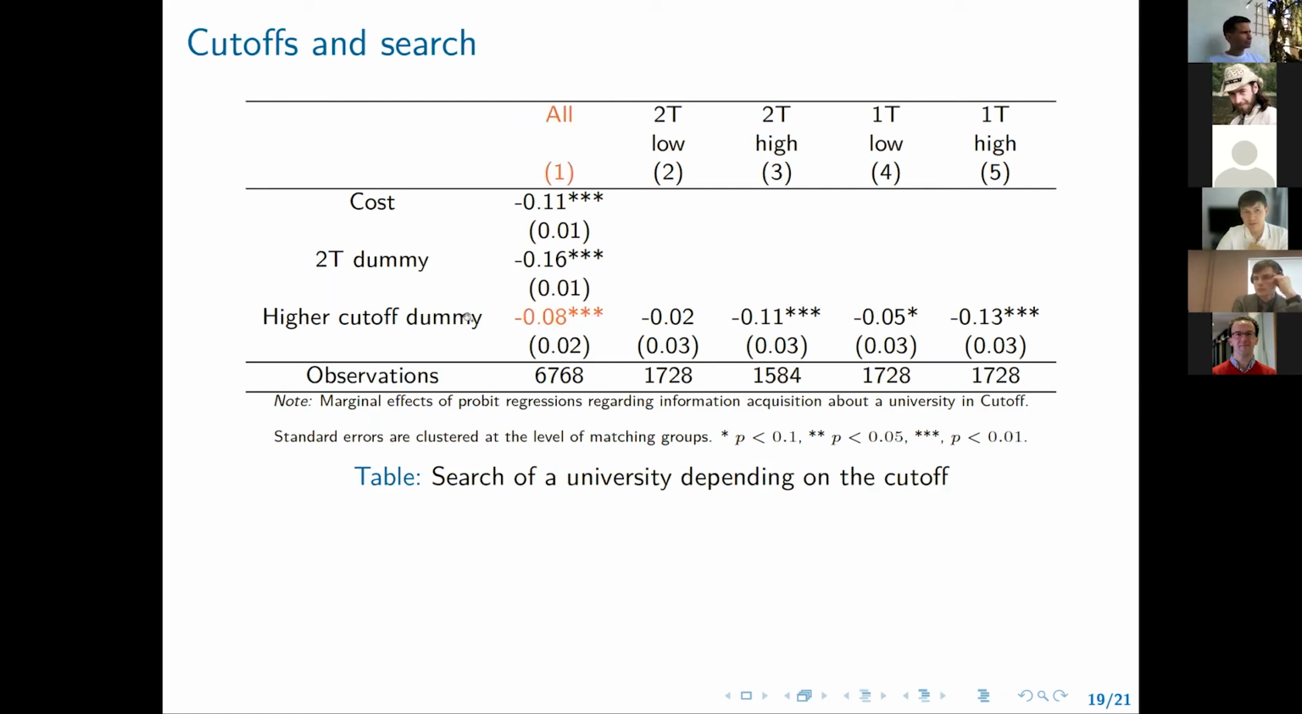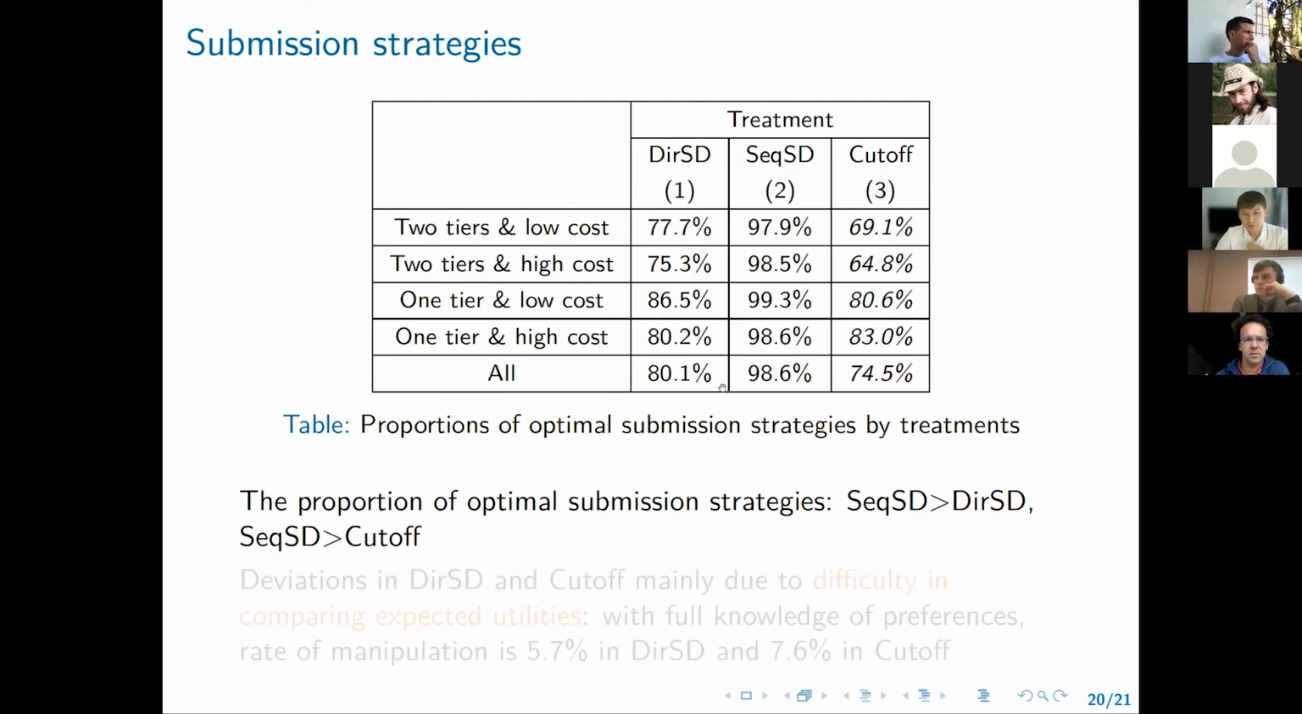And we see that people are less likely to search in schools that have higher cutoffs. This is rational because they are less likely to be in their budget set. And especially they rely more on cutoffs in the environments where the cost of information, the cost of search, is high. Finally, if you look at the optimality of strategies, we see almost 99% of strategies are optimal